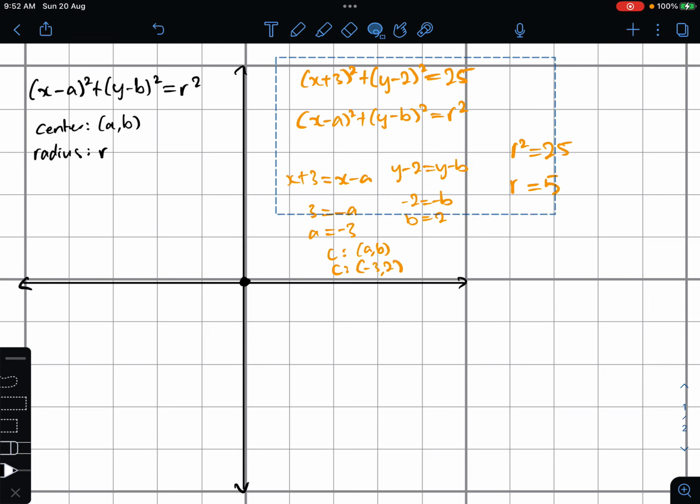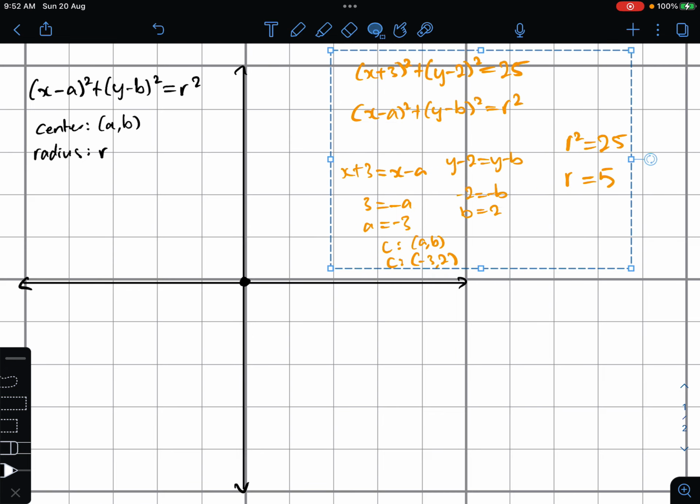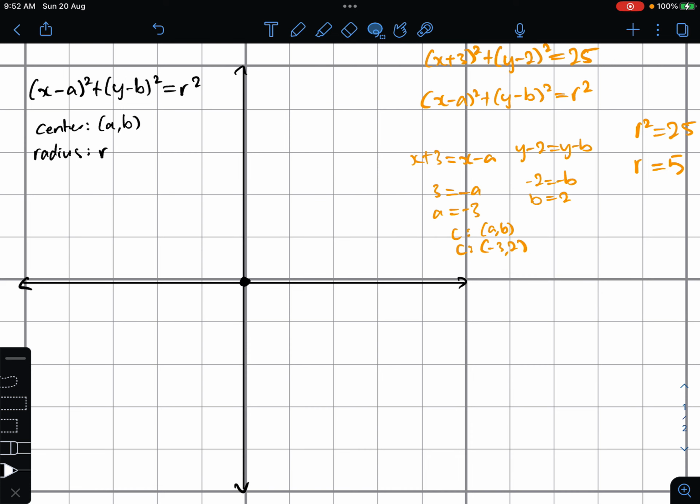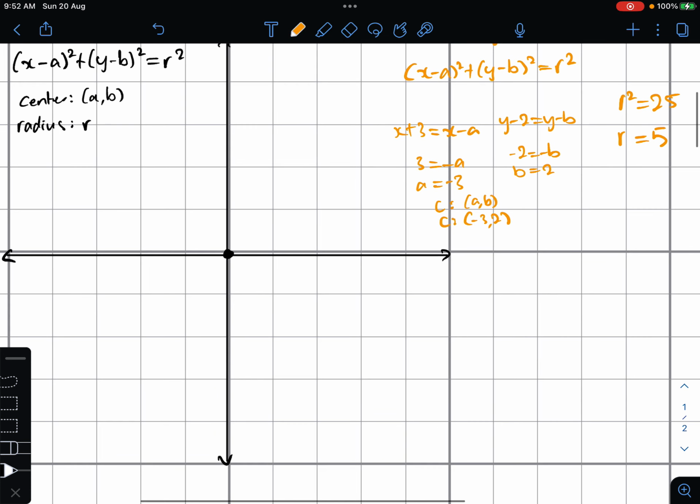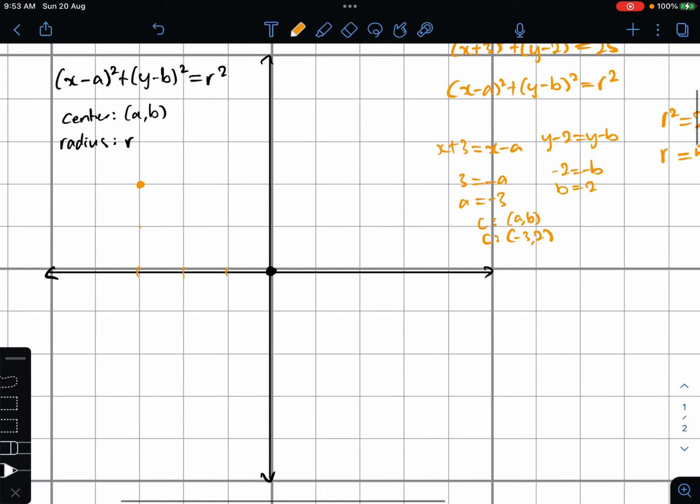So we'll move all this information out of the way. And we're going to find our center first. So we're going to go negative 1, 2, 3. And then we're going to go up by 2. 1, 2. So our center is here. And then,